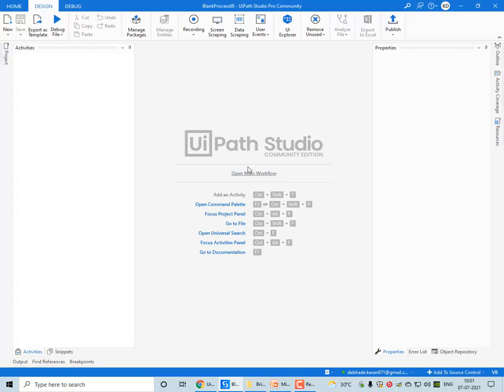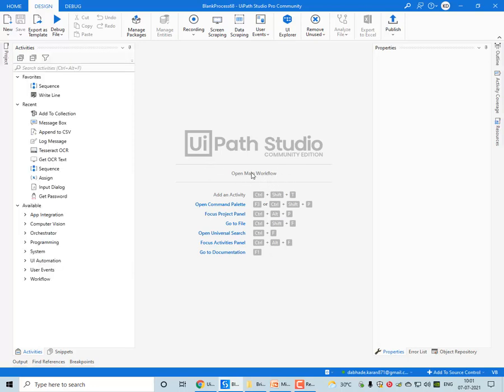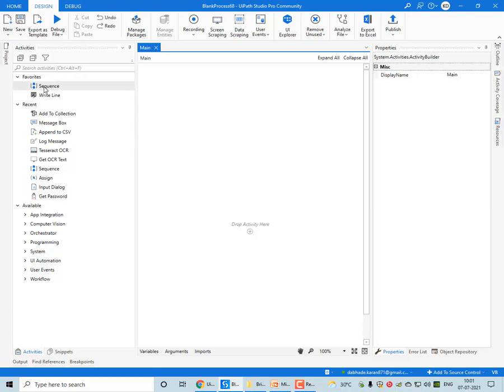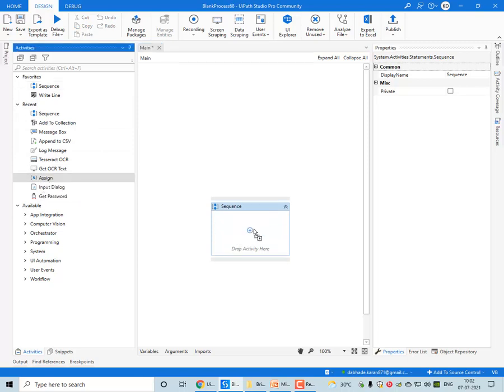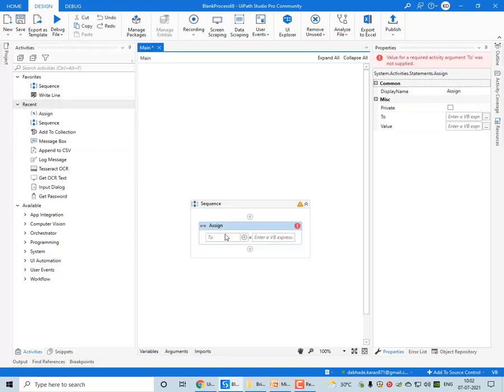I will create one variable for this so that you can understand how we can declare a variable in UiPath. Opening the workflow, I have dragged one sequence activity. Now this sequence will become one workflow. Now I am taking one activity called assign. Here I want to create one variable. Control plus K is the shortcut key to create a variable.